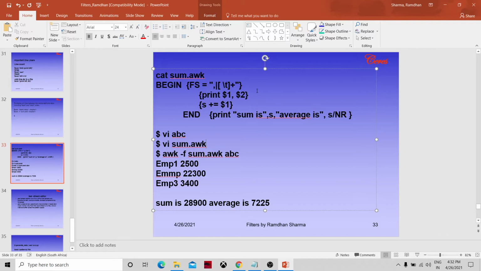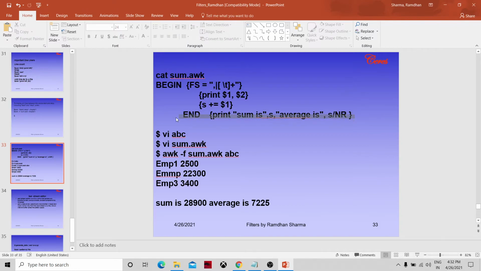So what it is printing is, from the chapter 1 file, this will execute in the beginning, right? This middle bracket is closed. This section is the body, the repetitive part, and this is the end section.